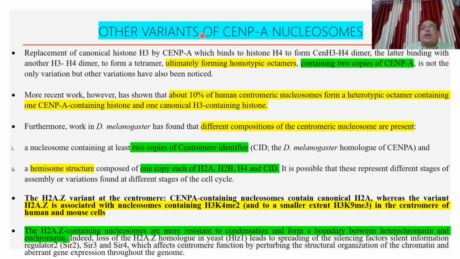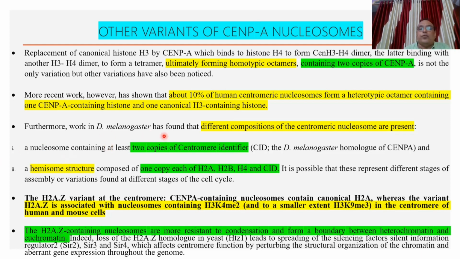So what are the other variants? The first variant was CENH3, centromeric H3, that is CENP-A, forming a dimer with canonical H3. In the normal case of centromeric nucleosomes, what happens? CENH3 forms a dimer with H4, and two CENH3-H4 dimers join together to form an octamer. So this is a homotypic octamer. But in some cases, 10% of the cases in human beings, CENH3 forms a dimer with canonical H3 rather